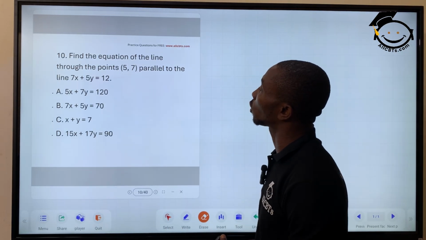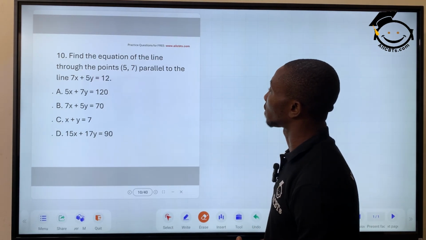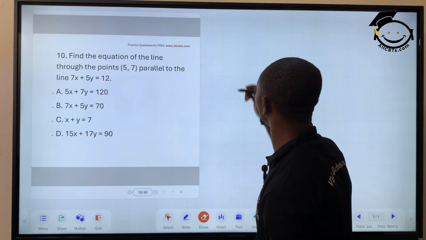It says find the equation of the line through the points 5 and 7 parallel to line 7x plus